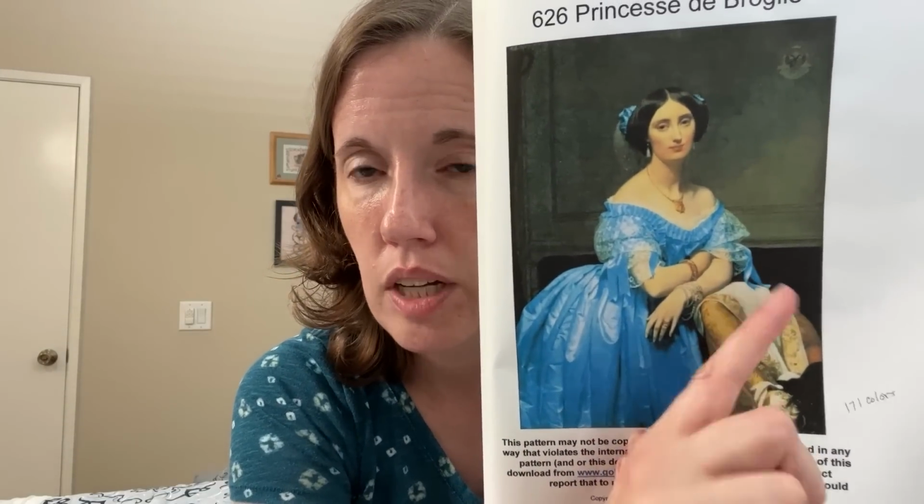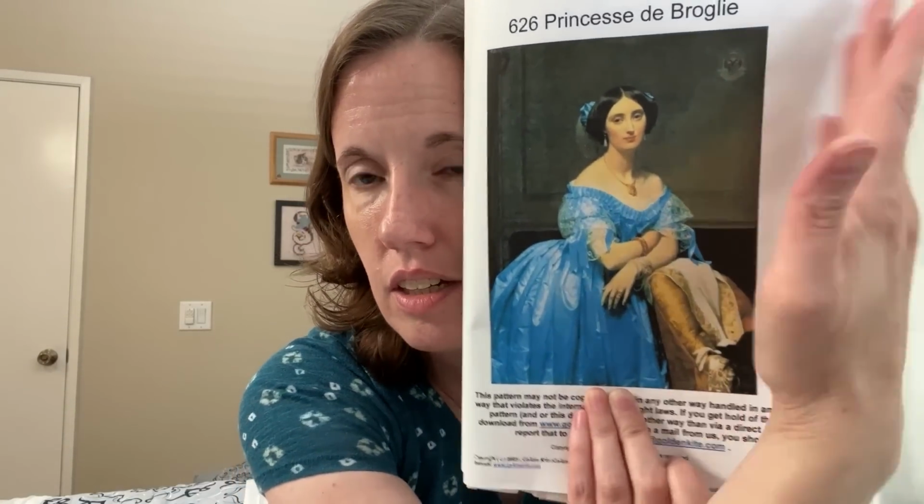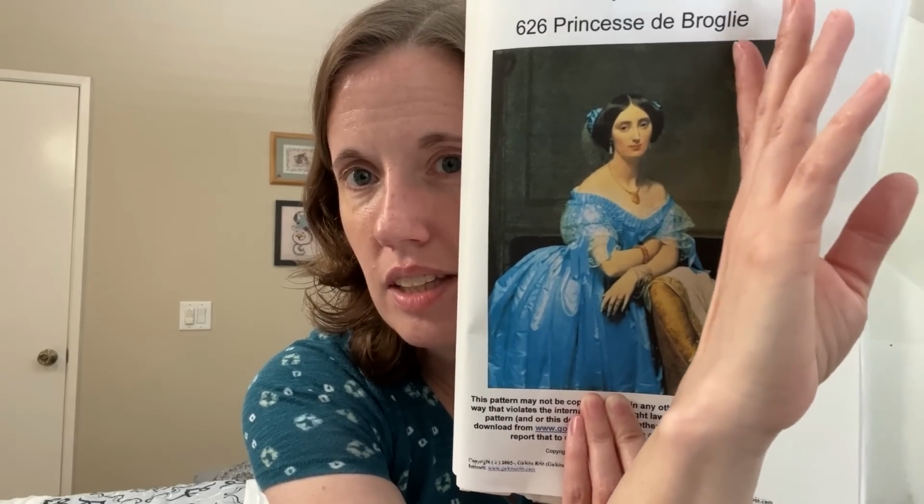I cropped off the top row. I believe I cropped off a chunk of this. So you get all of her blue, but you don't get all of this chair. So I think it's like that. But I kept all of her because the blue dress is what I'm here for. And I restarted it on 20, I think this is,